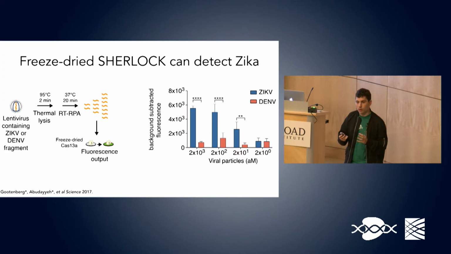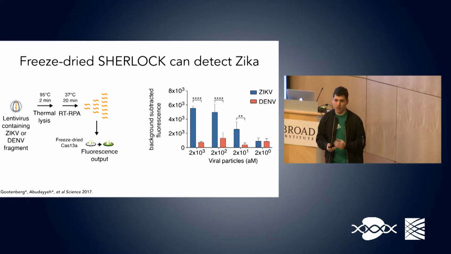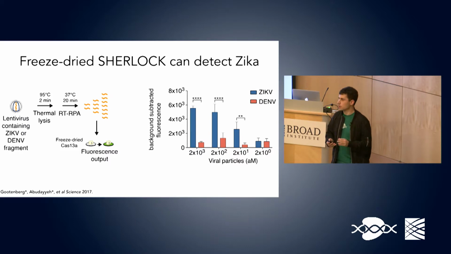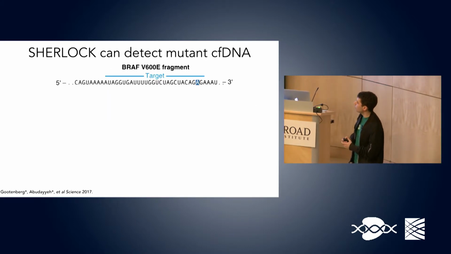We also thought, well, these Cas13 enzymes have been shown to be fairly sensitive. Can we take some applications that highlight really the sensitivity and the specificity to create a sensitive and specific platform? So we wanted to actually detect cell-free DNA. Mutant cell-free DNA is something that occurs quite often in cancers. When you have a cancer and it's shedding DNA, this is actually mock DNA because we couldn't get clinical samples